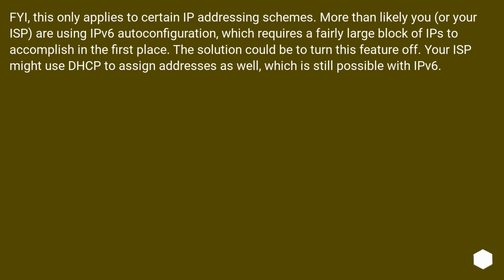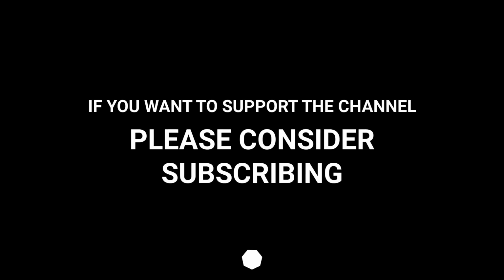FYI, this only applies to certain IP addressing schemes. More than likely you, or your ISP, are using IPv6 auto-configuration, which requires a fairly large block of IPs to accomplish in the first place. The solution could be to turn this feature off. Your ISP might use DHCP to assign addresses as well, which is still possible with IPv6. If you want to